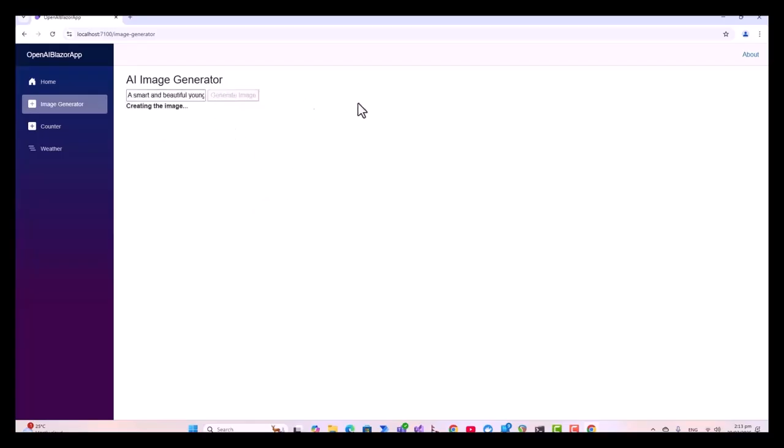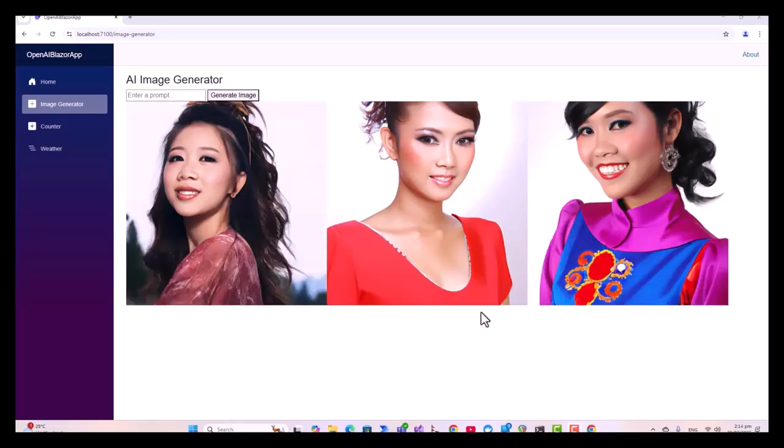Generate image. Creating the image. It's still creating the image, so we'll come back. Wow, three awesome young and beautiful ladies are in front of you. So isn't it fun generating the image straight in your Blazor application? So if you like this video, please do share with